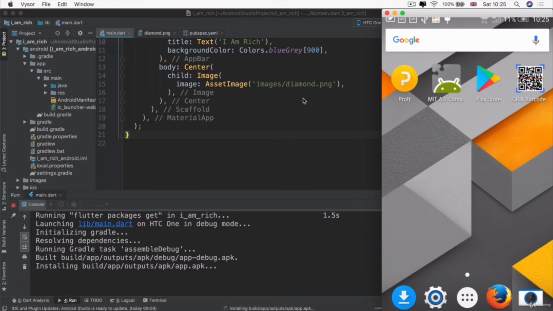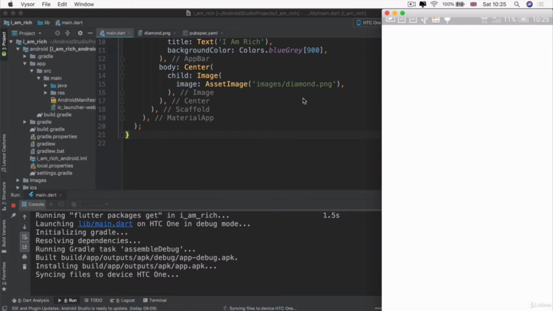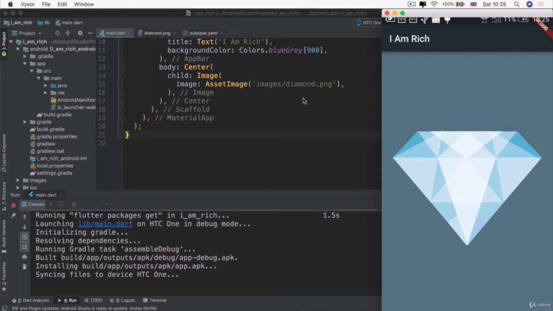And now the app's been built, and it's now going to show the app on my HTC One physical device. And there it is, success! We've managed to get our app loaded onto a physical device and showing on our phone. So if you're using a Google phone, such as a Nexus or a Pixel, this usually is a pretty straightforward